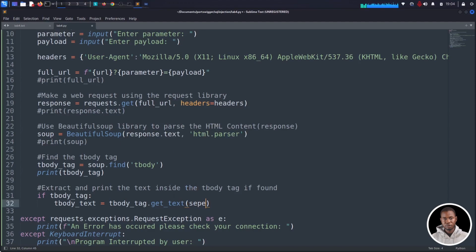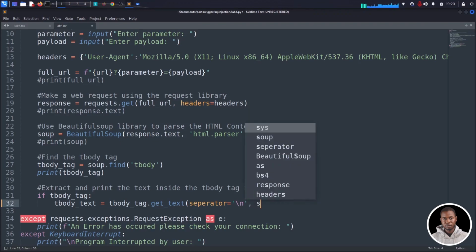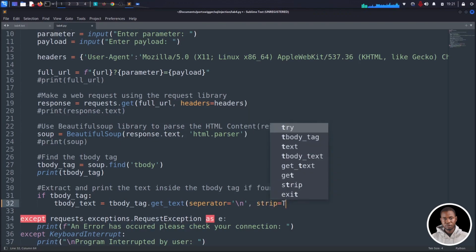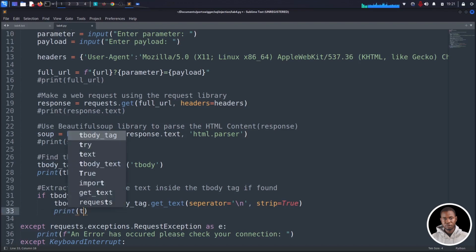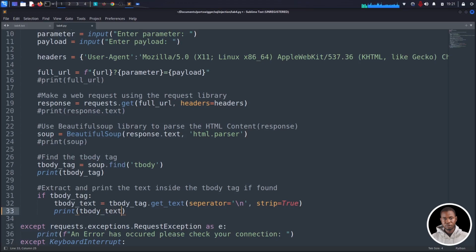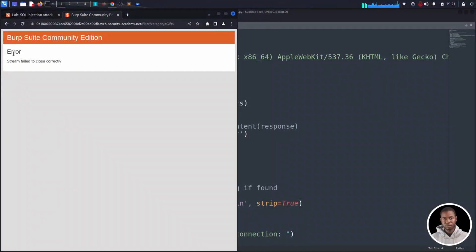So we can have separator equals to \n. Then we can have strip equals to true, in a situation where we are having excess white spaces, and then what we can have next is to print tbody_text. Okay, so I can just save this, and let's move to, okay, I think I lost connection there,